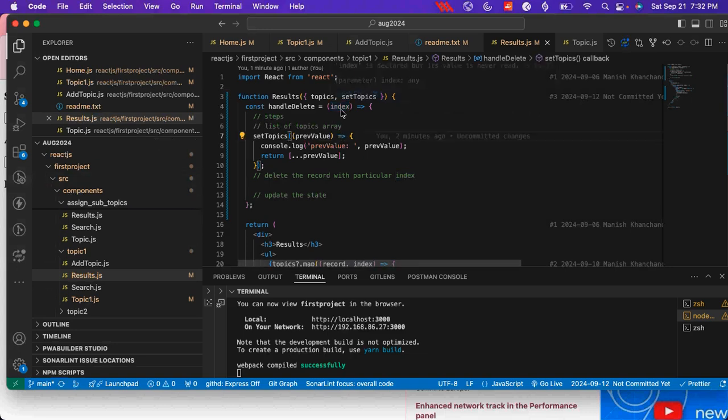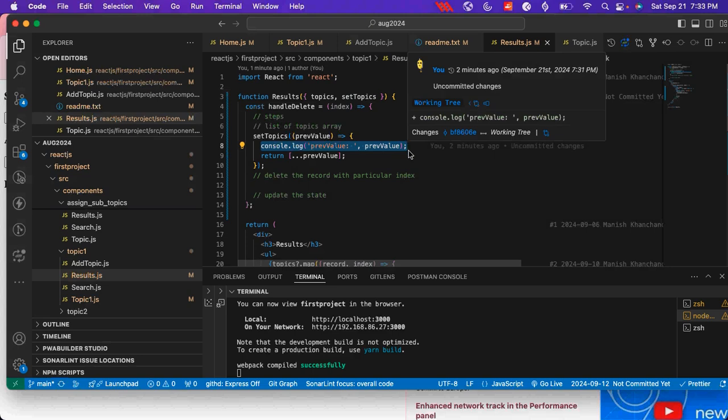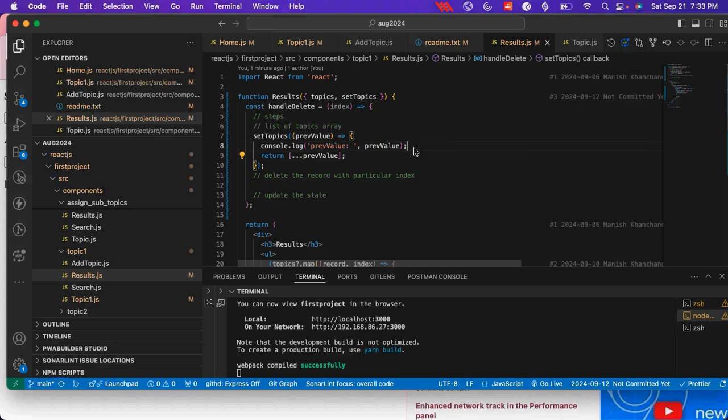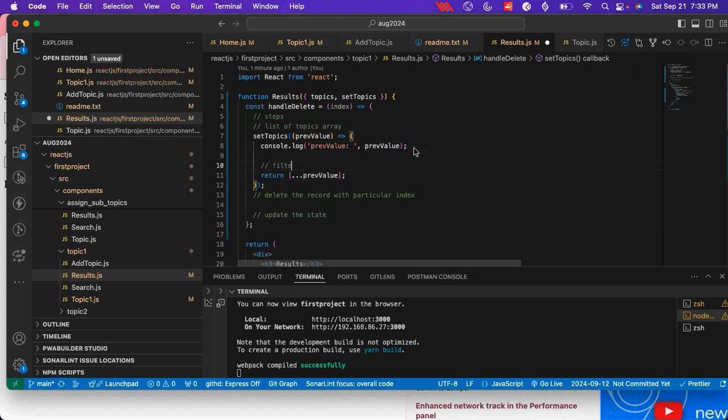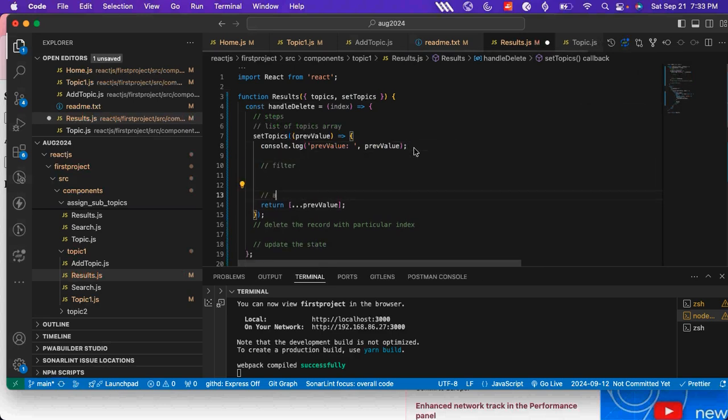Filter is needed only when we have... Okay, so you are saying filter can be used, right? Filter can be used to create a new array based on the index. Yeah, filter can be used, but it is generally not used in this case. Though you can use filter also, there is no hard and fast rule. Yeah, filter can work. Let's see how to do it with filter, and then let's see if there is another